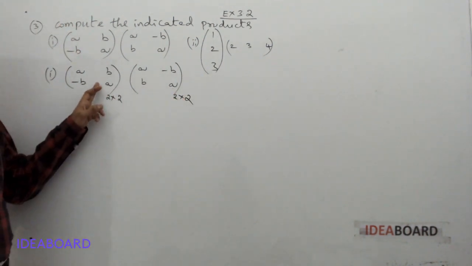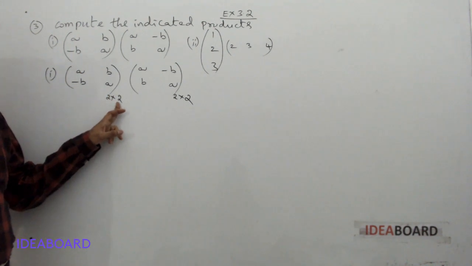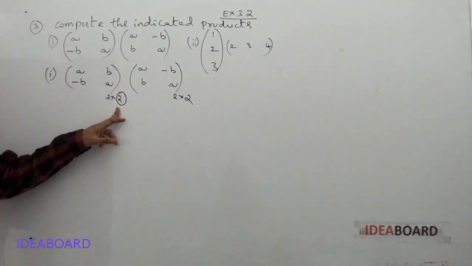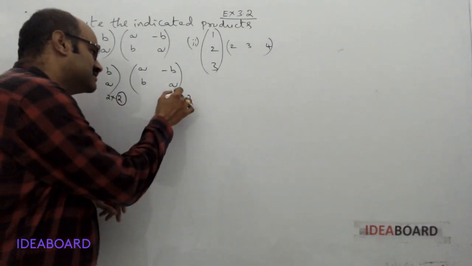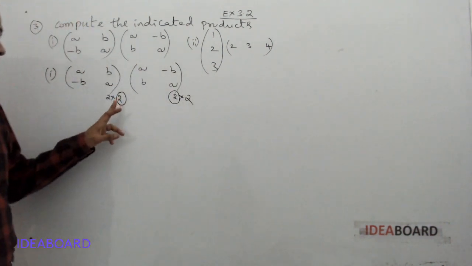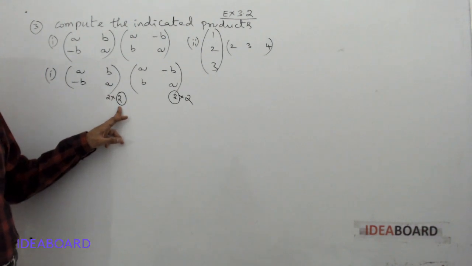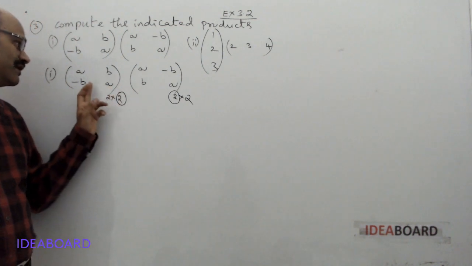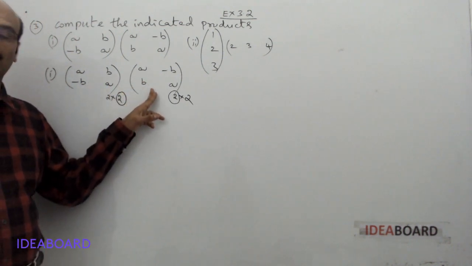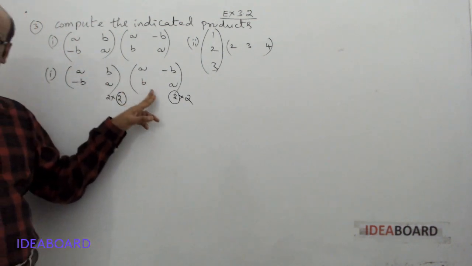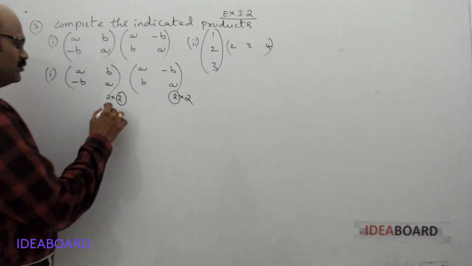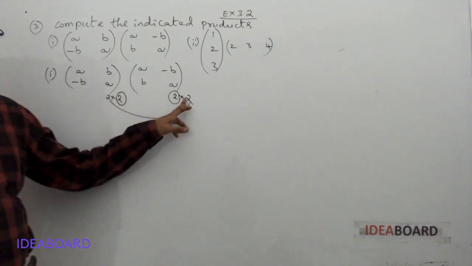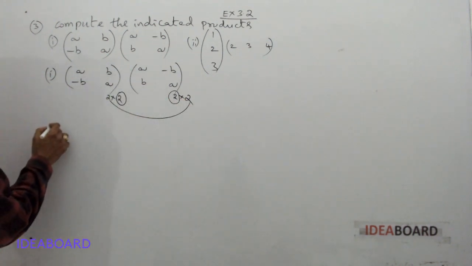Here we have to verify the number of columns in the first matrix. The number of columns in the first matrix equal to 2. The number of rows in the second matrix equal to 2. Since the number of columns in the first matrix equal to number of rows in the second matrix, we can multiply these two matrices. After multiplying these two matrices, we get a 2 by 2 matrix. So that it's equal to,